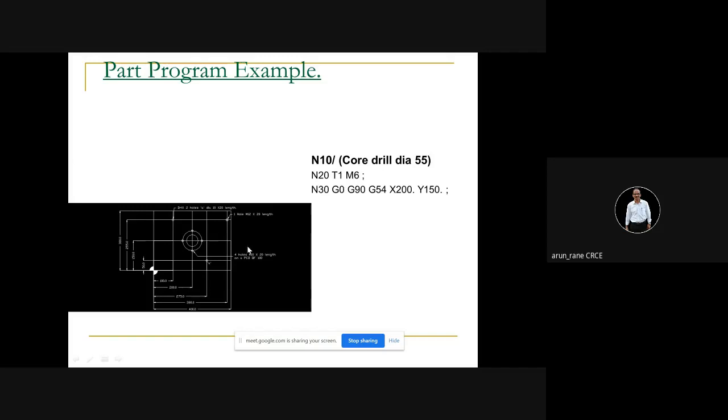So the program 0 point can be anywhere. It can be here or it can be here. Actually, it is convenient to take the program 0 point here. That is the point of symmetry on the workpiece. Alright, so now the program 0 point is here. So now all the dimensions will be with respect to this point. This is also called the workpiece 0 point. This is also called the program 0 point.